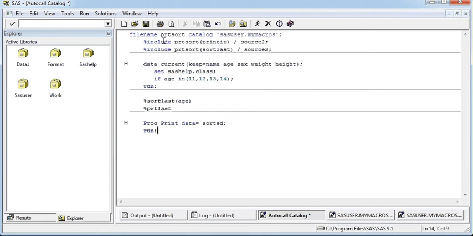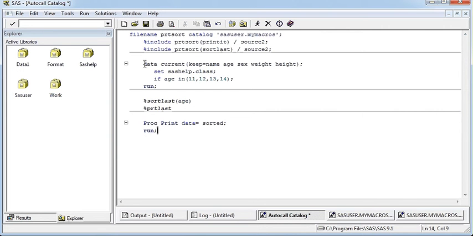When I mention this include statement, I've used this print sort for both, because there are two macros saved. So include print sort, this file name is prt sort. Then the first macro I have saved is print it, source. Again the same statement, include prt sort. This is the same file name, and sort last, which is the name of the second macro I have saved in this catalog source.